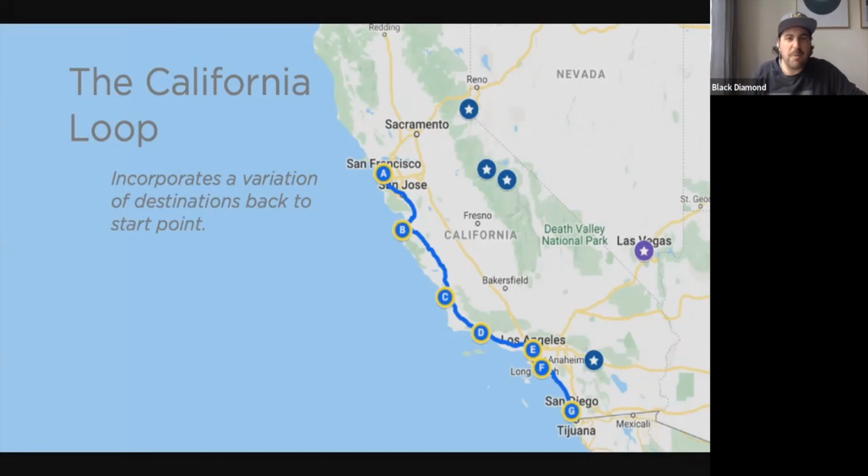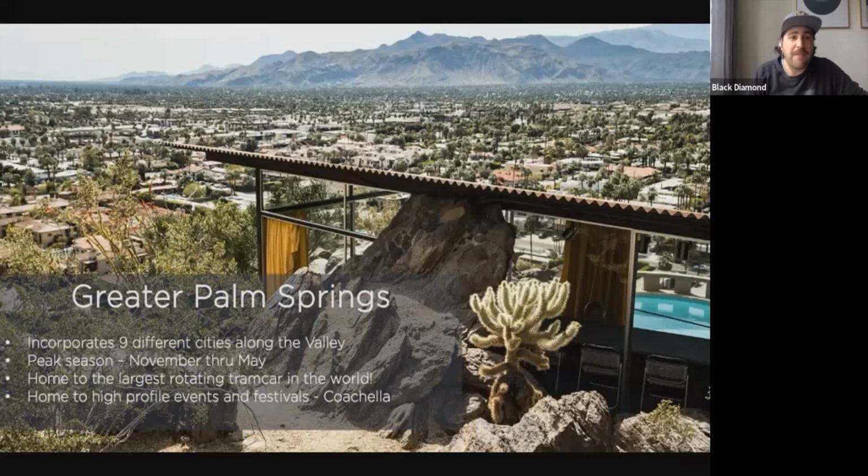Let's have a little bit of a chat about that. So first up, we just pop straight out to Palm Springs. Palm Springs is a great little area. It's actually 9 cities. Palm Springs is the main city, but it is 9 cities sat along the valley. It is our kind of flop and drop. That is where you go, sit by a pool, sit in a lazy river, just have a lot of fun, just relax and almost take a holiday from your holiday, take some chill out time from your trip, and it is a nice place where you can chill.